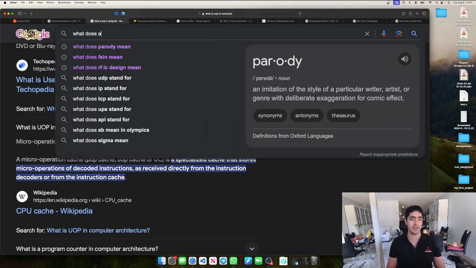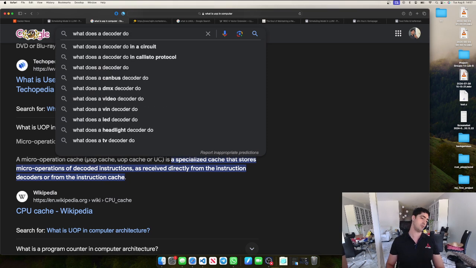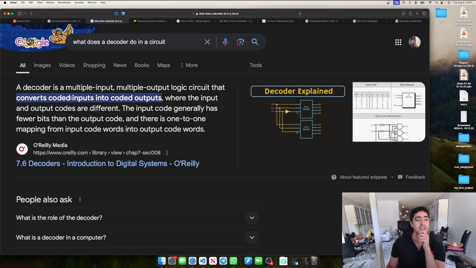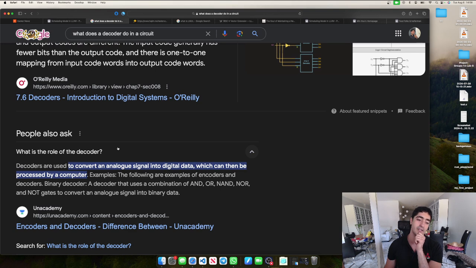Okay, what does a decoder do? A decoder is a multiple-input, multiple-output logic circuit that converts coded inputs into coded outputs, where the input and output codes are different. The input code generally has fewer bits than the output code, and there is a one-to-one mapping from input code words into output code words. Yeah, interesting. Decoders are used to convert an analog signal to digital data, which can then be processed by a computer. Examples: a binary decoder uses a combination of AND, OR, NAND, NOR, and NOT gates to convert analog signals. So a decoder changes the